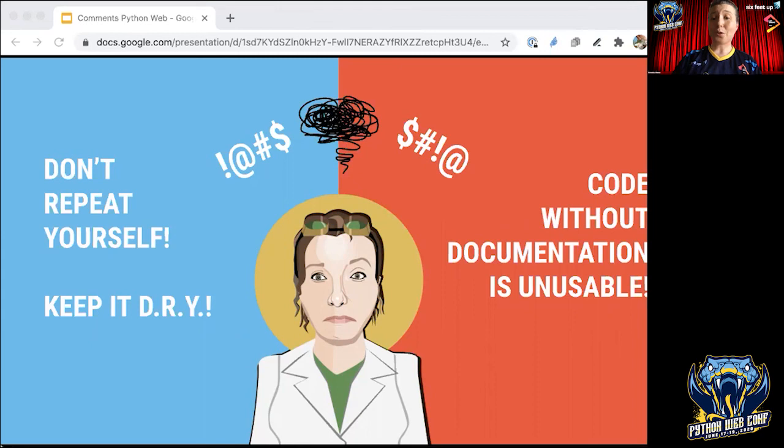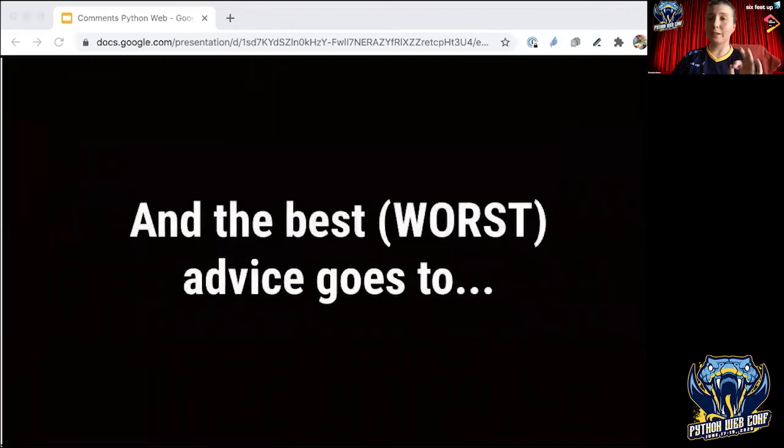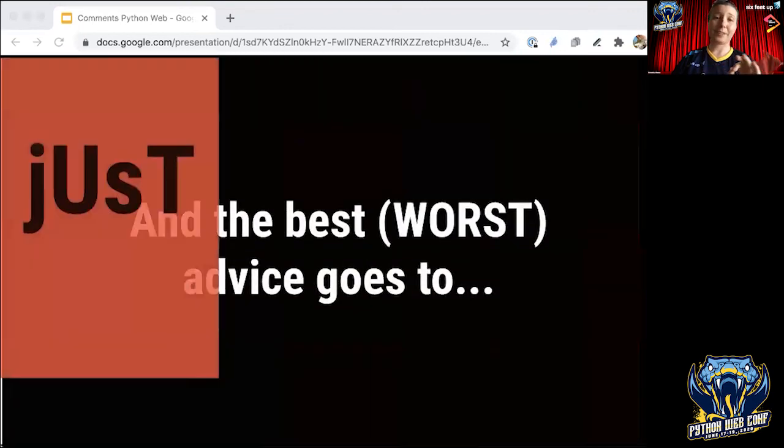So on one hand, you don't want to repeat yourself, so you should be keeping things DRY. And on the other hand, code without documentation gets really unusable really quickly. And if we are using comments as a form of documentation, where do those fall into our thinking there? And the piece of advice I will never forget,